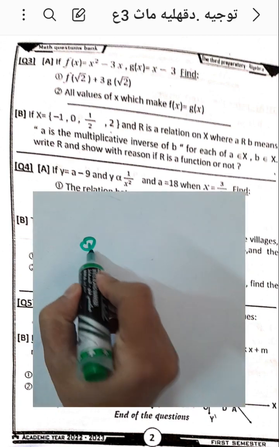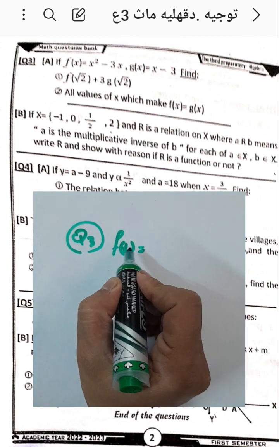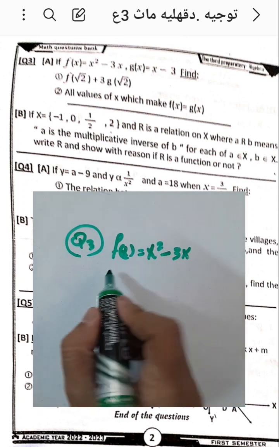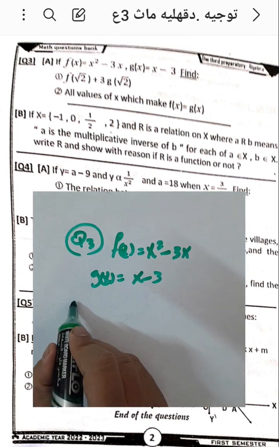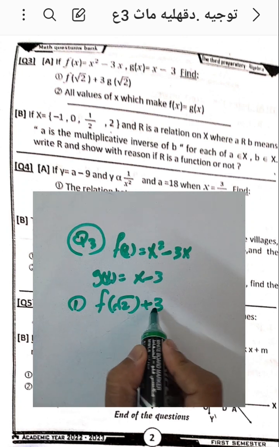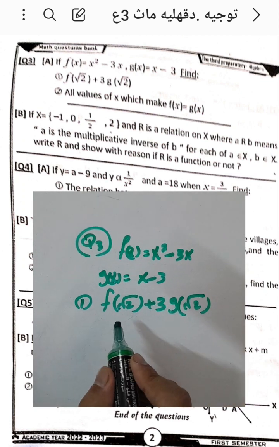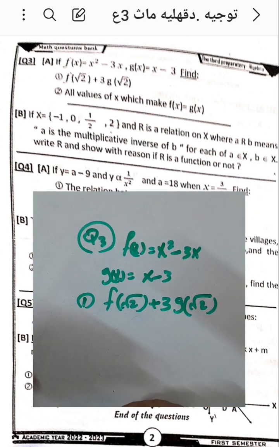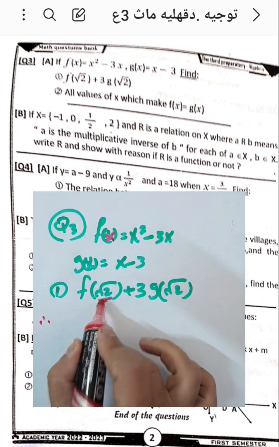Question number 3: if f of x equals x power 2 subtract 3x, and g of x equals x minus 3, find f of square root of 2 plus 3 times g of root 2. Okay, we can find this by putting x equal root 2 in the first function f. Then f of root 2, we put x equal root 2 here, the result will be root 2 power 2